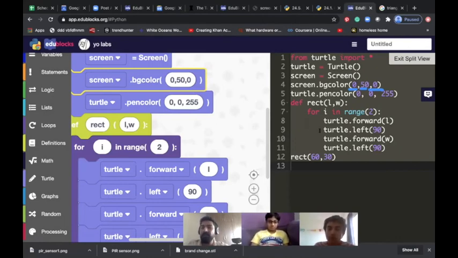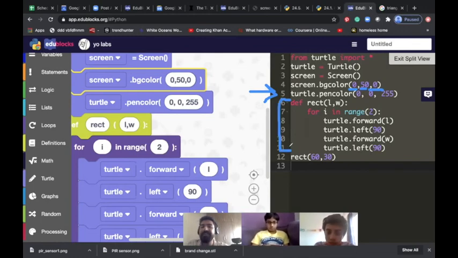Okay. Now, having learned this line, the next line is what? Turtle and pen color, right? Generally the background and pen color should be different. So I was trying to do that. I was keeping my background red and pen color blue, as I generally do. Now this is very important.